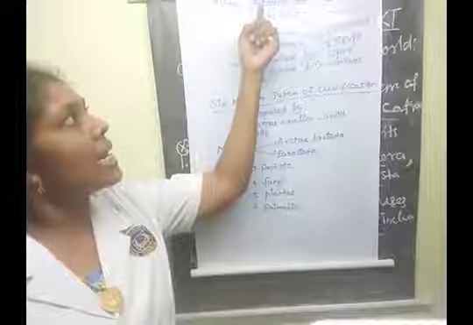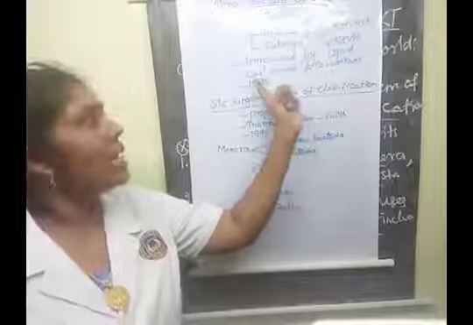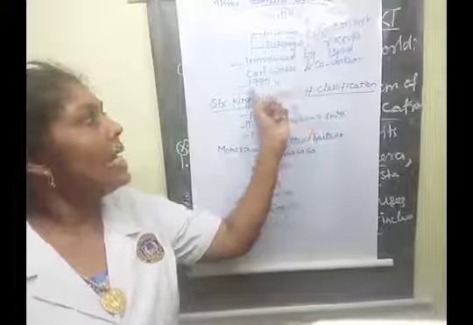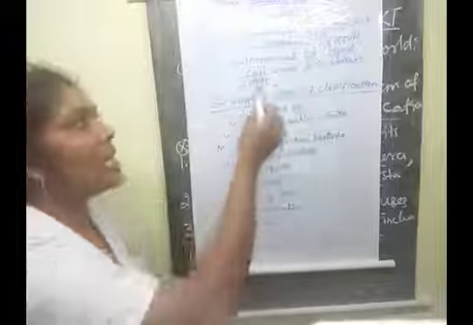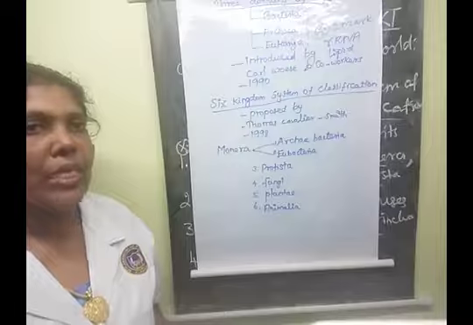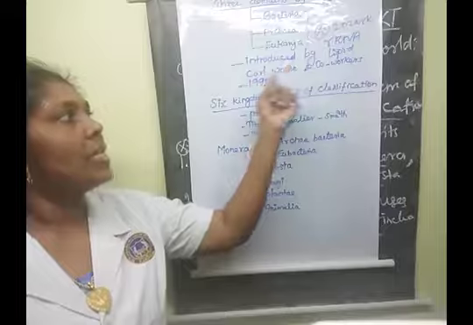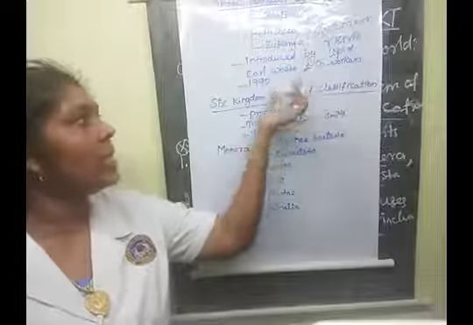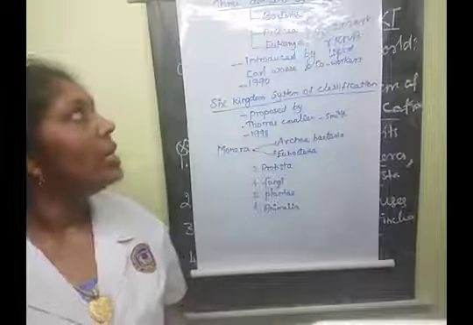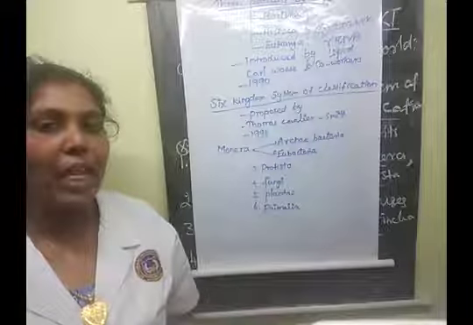Yes. These three domains were introduced by the taxonomist named Carl Woese and co-workers in the year 1990. So these are the one-word questions we asked. Okay, children, all of you should learn this. The person's name is Woese and co-workers, in the year 1990. Clear, children? Yes. Let us try: what are the three domains of living organisms?